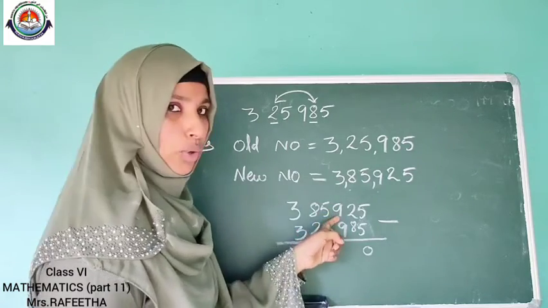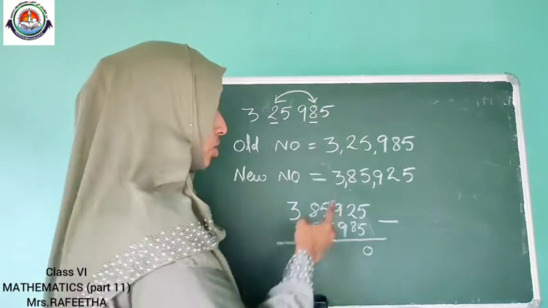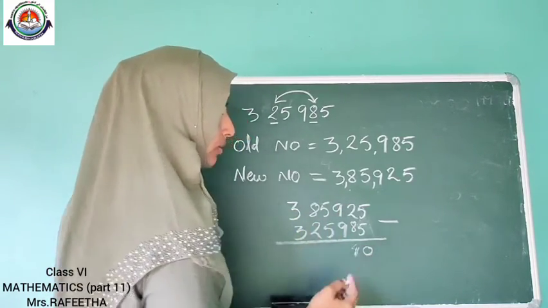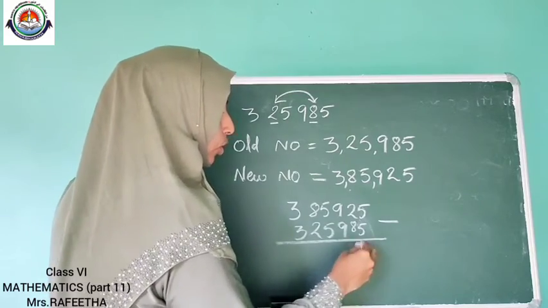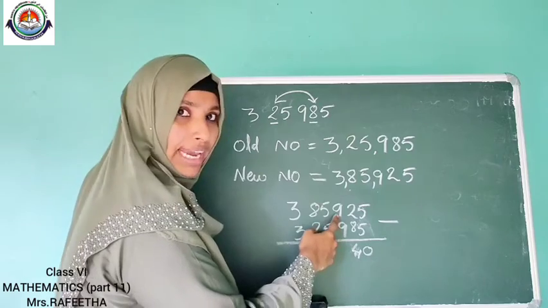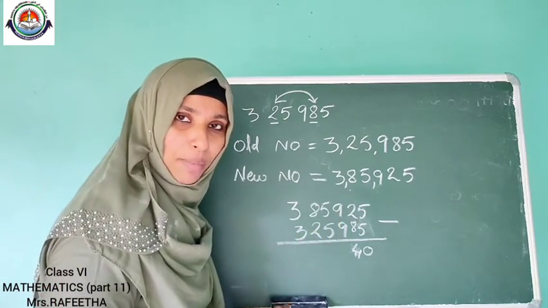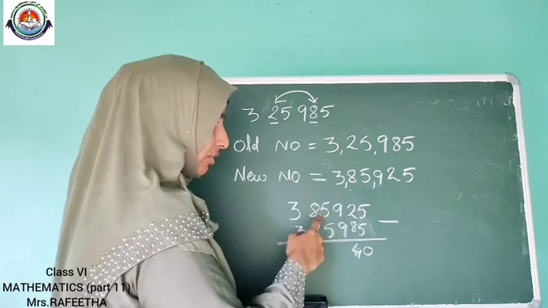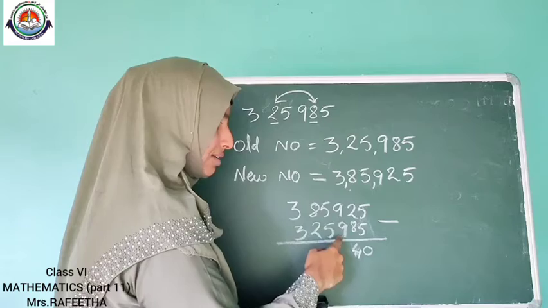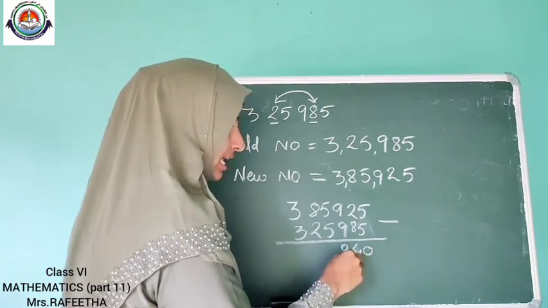Yeah, we want to borrow 1 from 9. So this 2 will be 12. So 12 minus 8, what is 12 minus 8? Yeah, that is 4. Okay, so here, as we borrowed 1 from here, it will be 8 now. Can we minus 9 from 8? No. So in that case, what do we want to do? We want to borrow the 1 from this 5. So this 18 minus 9, what is 18 minus 9? Yeah, that is 9 itself.